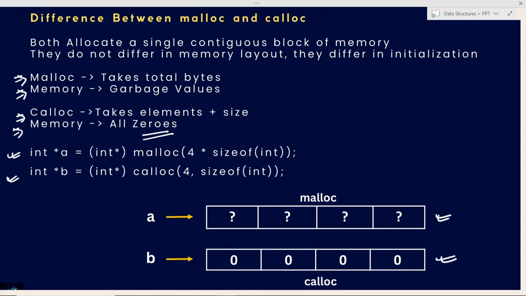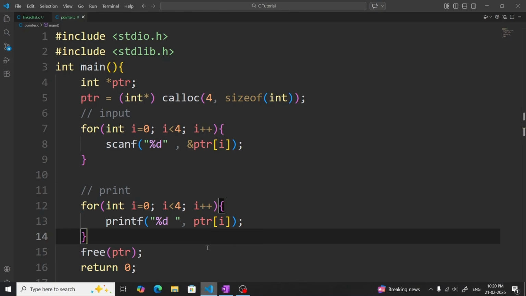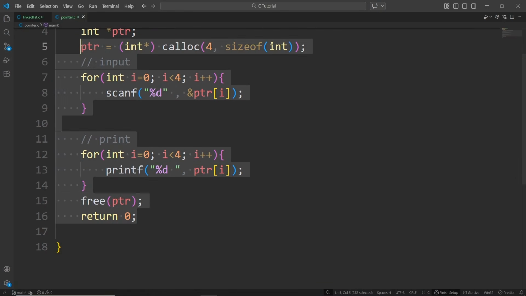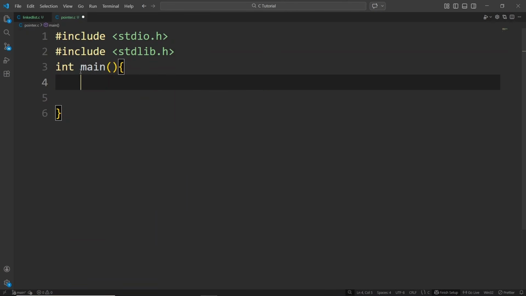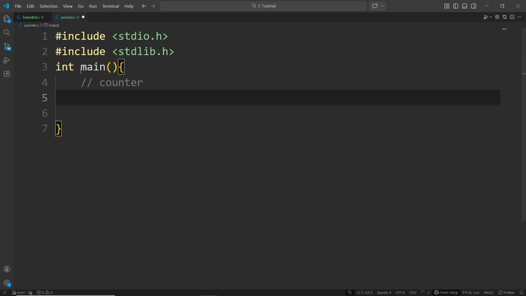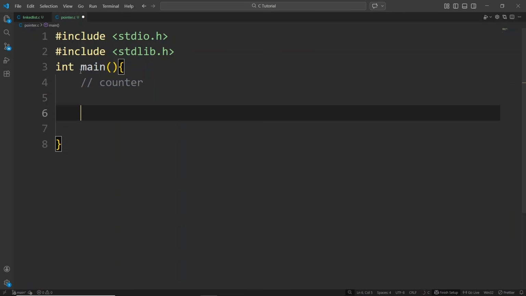I will show you the first scenario. Let's create a counter variable. We will write the code for our counter variable and see how it can be dangerous. So let me remove all this code and write the code for our counter. Let me give the comment also, counter. For this counter, I am going to create a pointer, int star counter